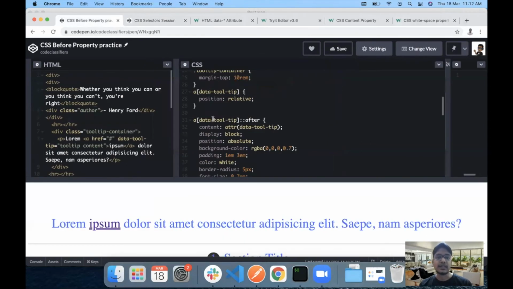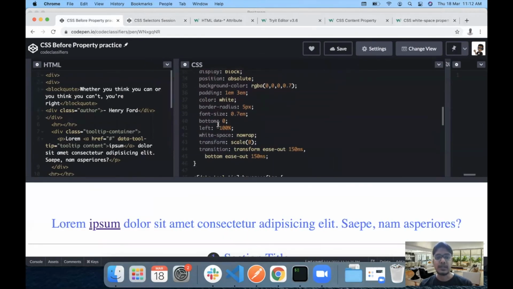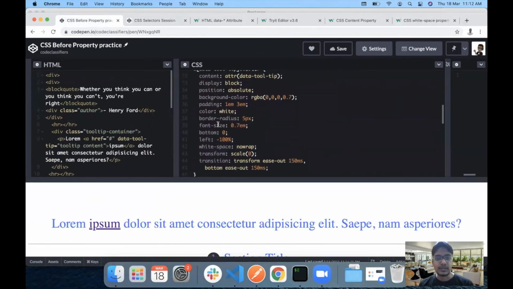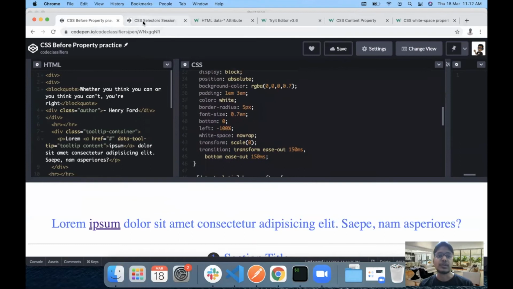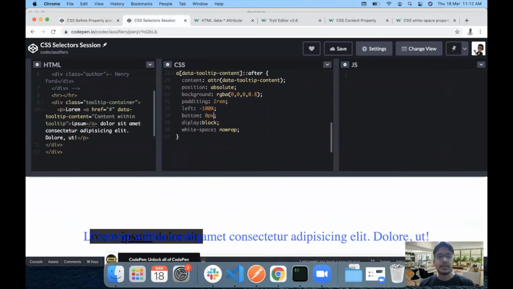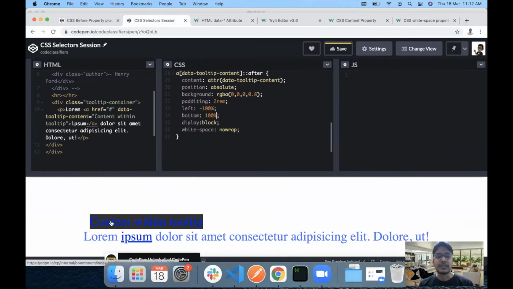So for that I think we had used some other property, which was bottom 100%. Okay, so if I change this bottom 0px to 100% like this, then the tooltip shifts to the top, right?